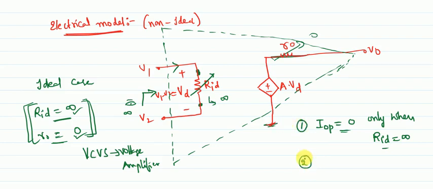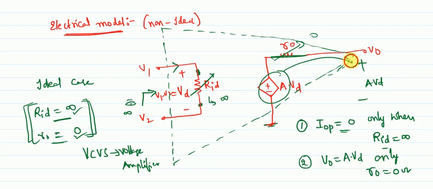And one more question is V output equal to gain times the differential voltage. So you will get V out as A times VD only if R0 equals 0 ohms, because only if R0 equals 0 will the drop across this be 0, and this voltage will appear across here as the output voltage. So these are the two previous GATE questions that were asked, but now these types of questions are not being asked because they are very simple once you know the operation and the electrical model of an operational amplifier. So that's all for this video.